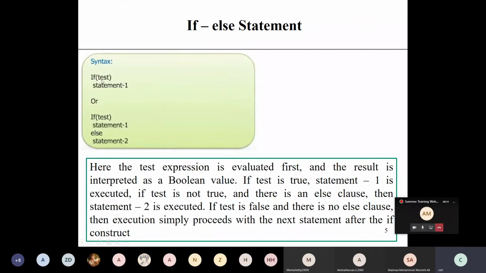If it returns false, nothing will execute, and it continues with the rest of the lines of code. But if you are writing else, then what will happen? If the condition is true, then statement 1 executes. If the test condition is false, then statement 2 executes. Okay.